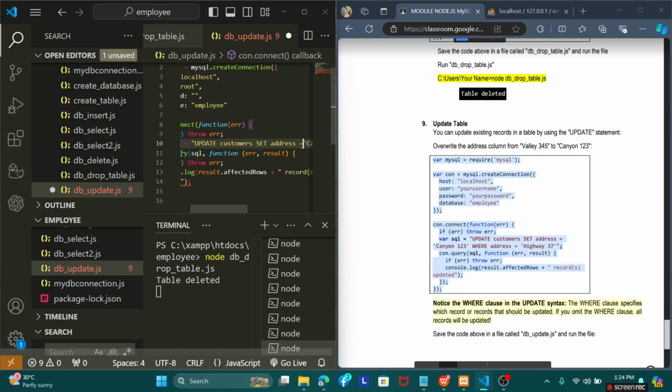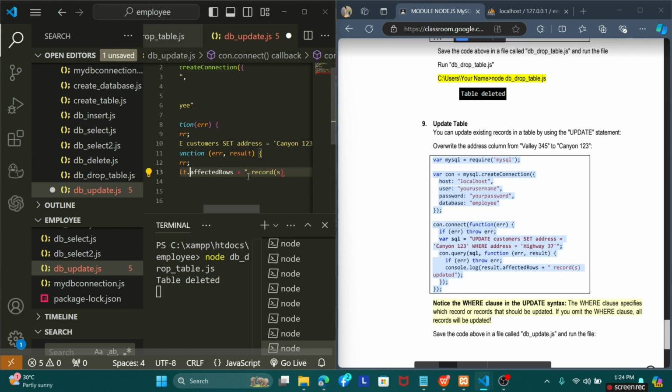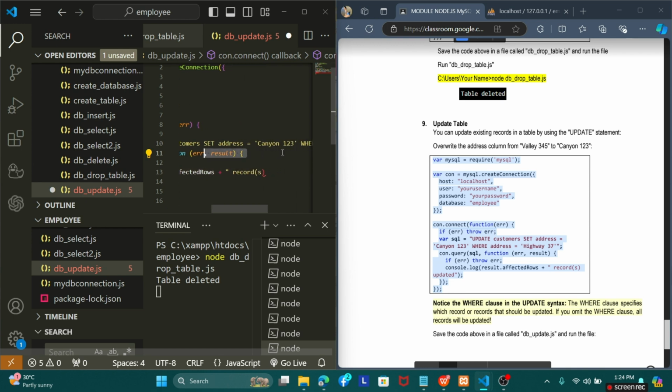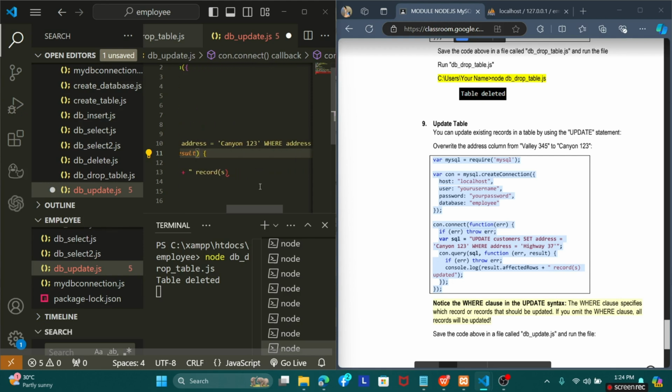Address the Canyon and on Highway 37 and result console